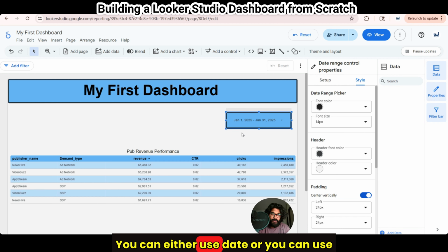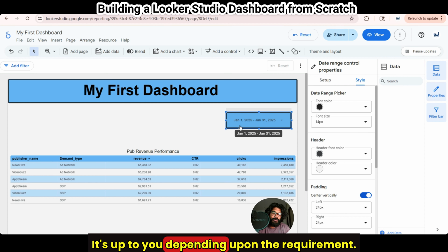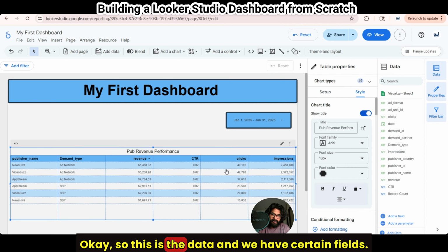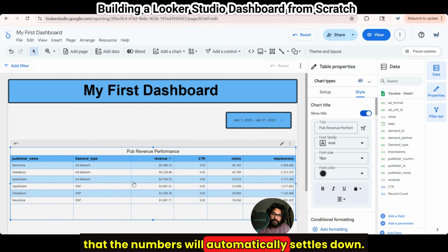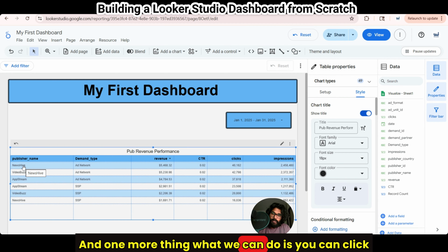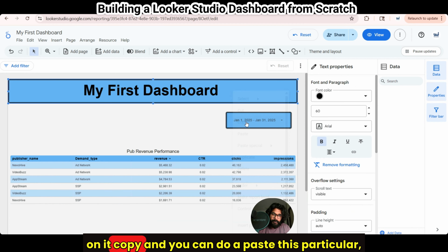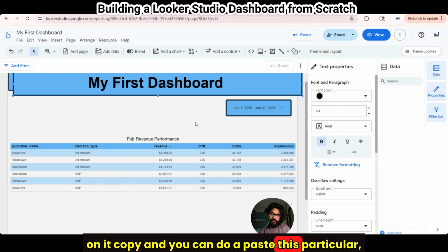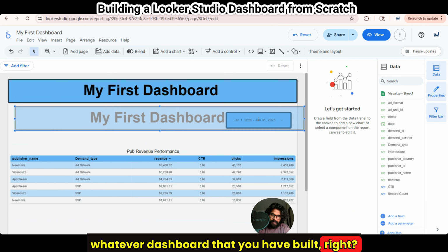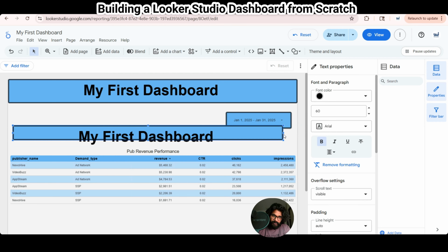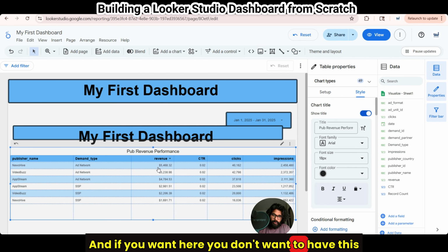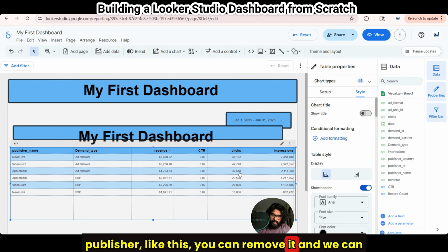You can either use date, or you can use fixed date, or you can give the entire date range. It's up to you depending upon the requirement. Okay, so this is the data, and we have certain fields. So here when you click on this, you see that the numbers automatically settle down. And one more thing, what we can do is you can click on it, copy, and you can paste. Whatever dashboard that you have built, you can see this. You can change it, you can decrease the size. Okay, and if you don't want to have this publisher like this, you can remove it, and